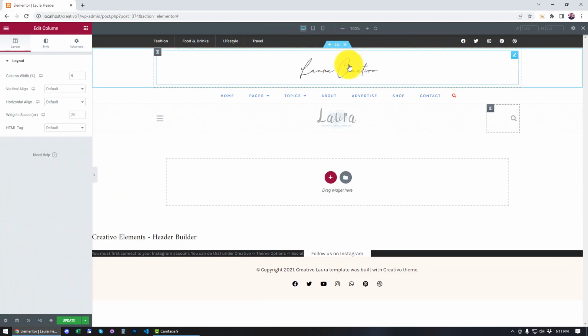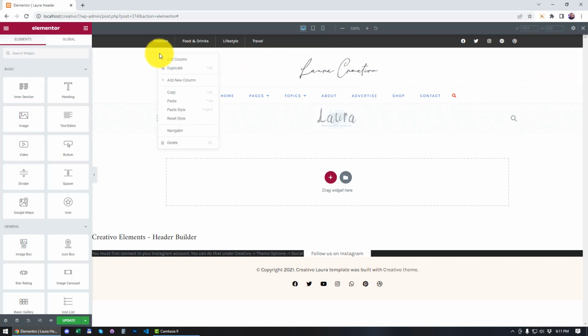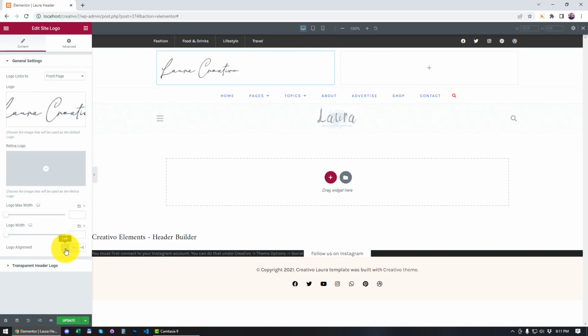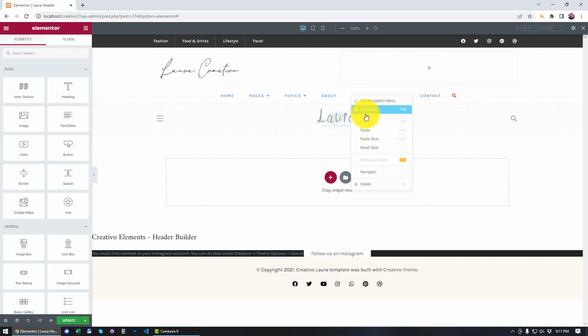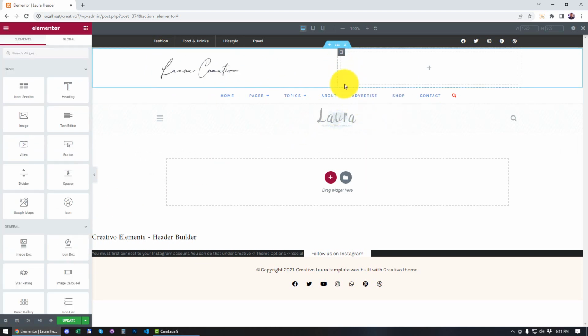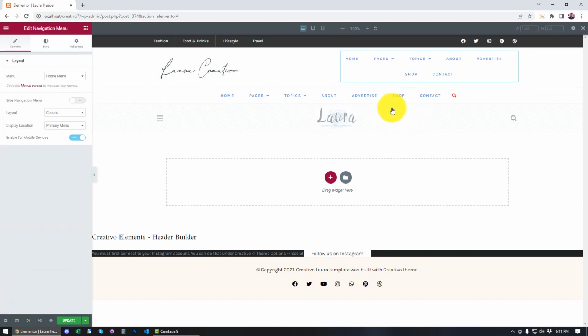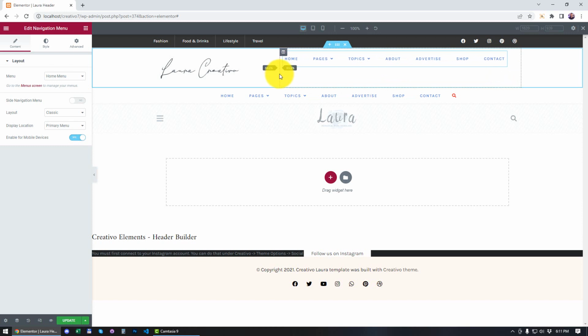You can actually use maybe a logo on the left and the menu on the right. If that's the case, we can simply do that by adding a new column here. Make sure this logo is left aligned. I'm simply going to copy this menu element and paste it here. You can see that we don't have enough space. Well, no problem. I can simply drag this column